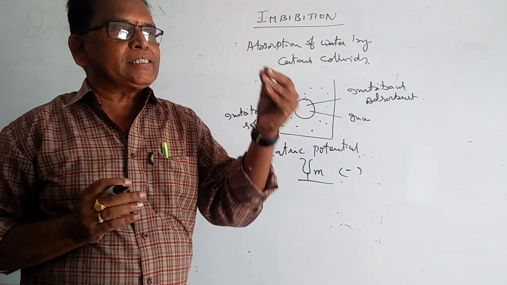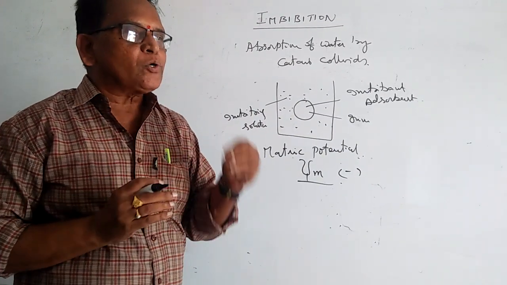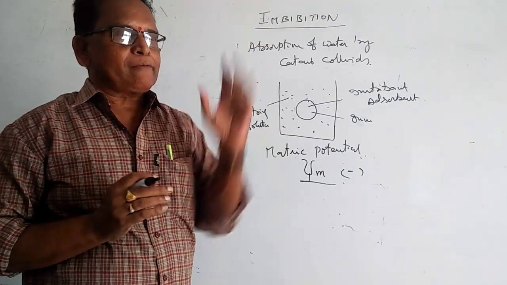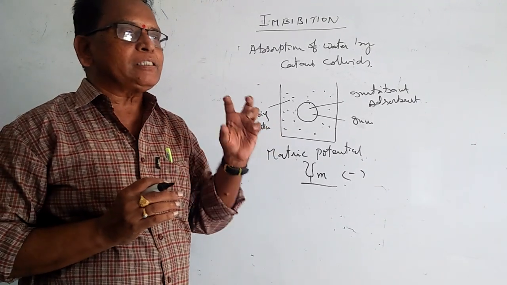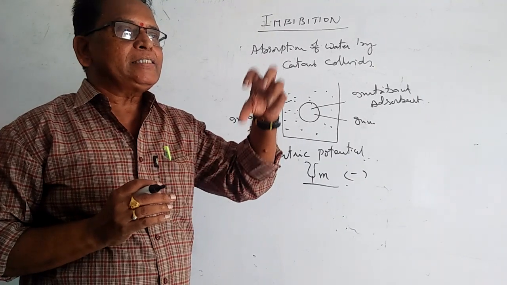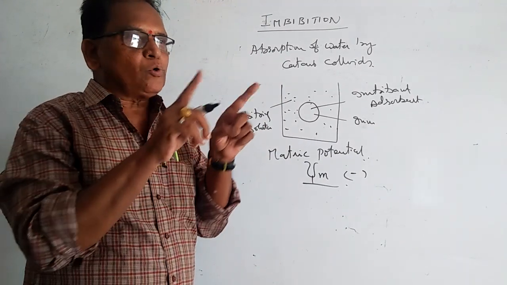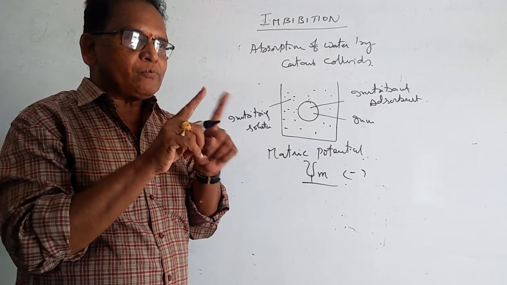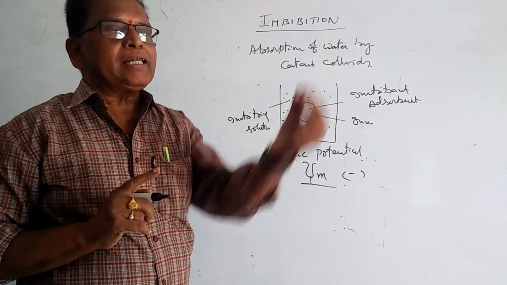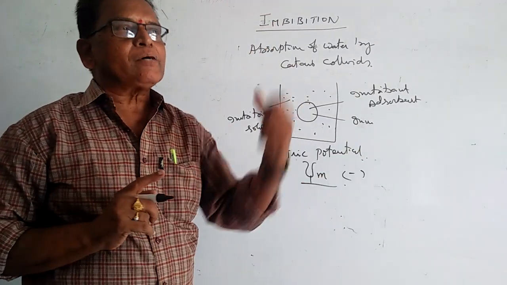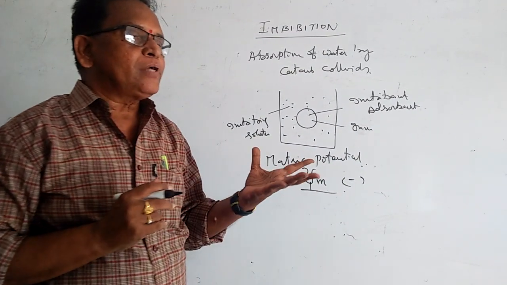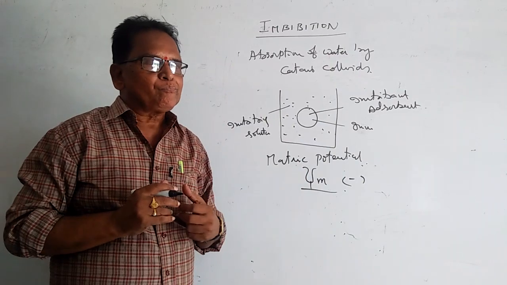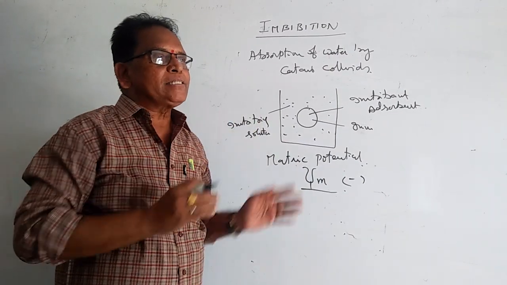And by using this imbibition, we can observe the seeds. When we sow the seeds in water or in soil, the seeds will germinate. So the germination of seeds is a fine example of imbibition. An energy is required for the seed coat to burst. The seed coat will burst, and a seedling will come out. That is a fine example of this imbibition. And this energy is of enormous magnitude. Here imbibition is called nipanam in Telugu.